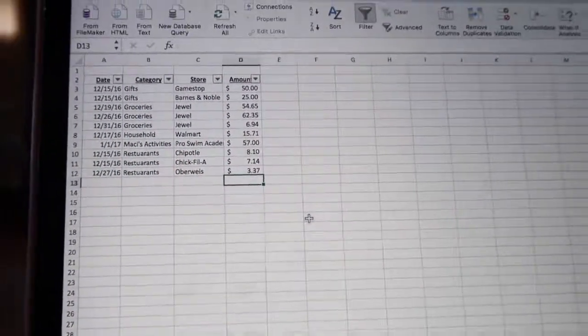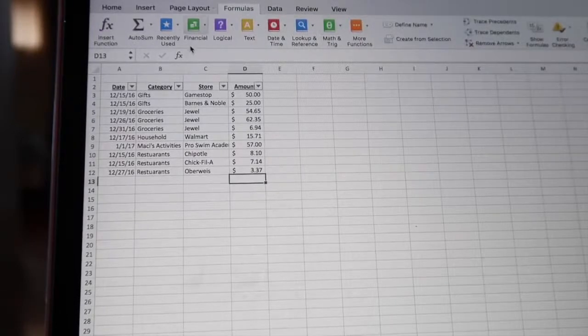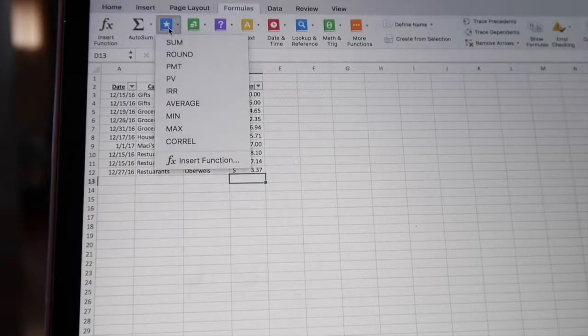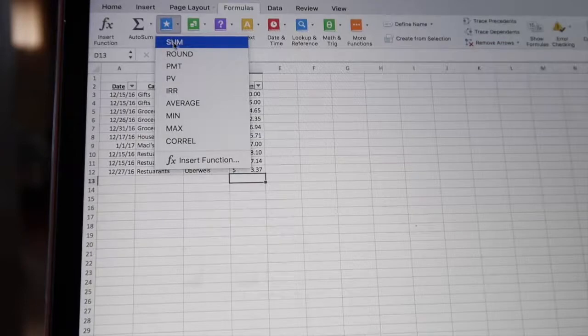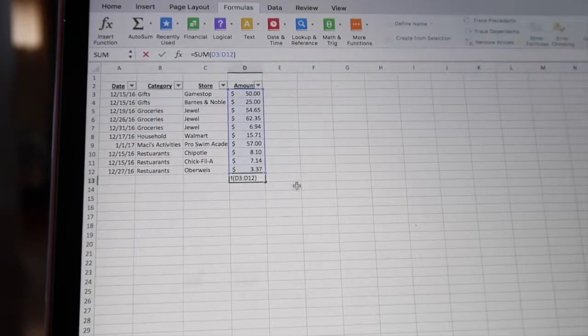If you did not want to do it that way, and let's say you're not sure about what the exact formula is, the other thing that you can do is just go to formulas, and then there's a bunch of different formulas. There's recently used, financial, logical, text, time and date, lookup and reference, math and trig, and more. I know that for sure I've used the sum before, so I could go to my recently used and use sum, and you can see when you do this, it selects all of the data that you're close by, and so all you really have to do is hit enter or return, and you can see I get the same amount,